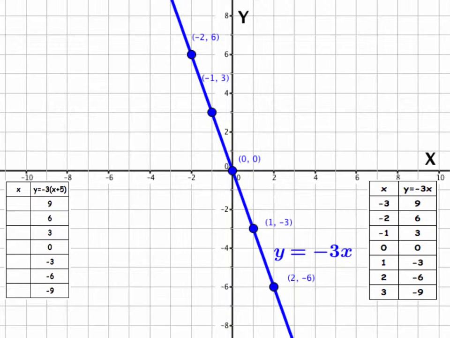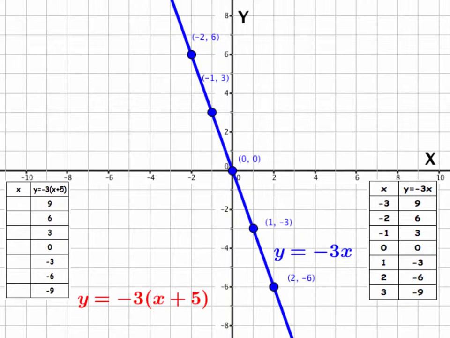Alright, let's try another example. Here's our familiar graph of y equals negative 3x. It has a slope of negative 3, and of course the y-intercept is right on the origin at (0, 0). And here are some ordered pairs, both on the graph and in a table of values. And what I'd like you to do is pause the video and please graph on your own and fill out the table of values for the new equation, y equals negative 3 times the quantity x